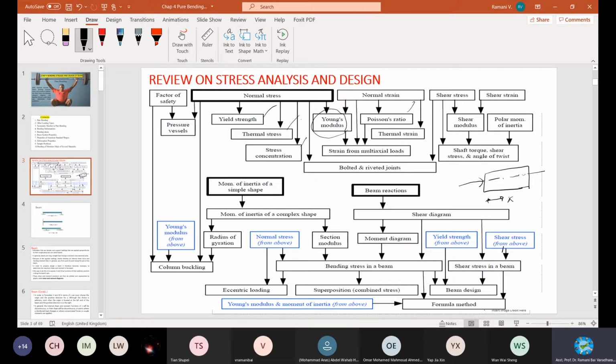Same thing, in the same direction you find the ratio between the change in length and the original length, and you obtain strain in the respective direction. Come and answer me, what is Poisson ratio? What's the definition and what's the application of Poisson ratio? Quickly review this one. This factor is used for designing.